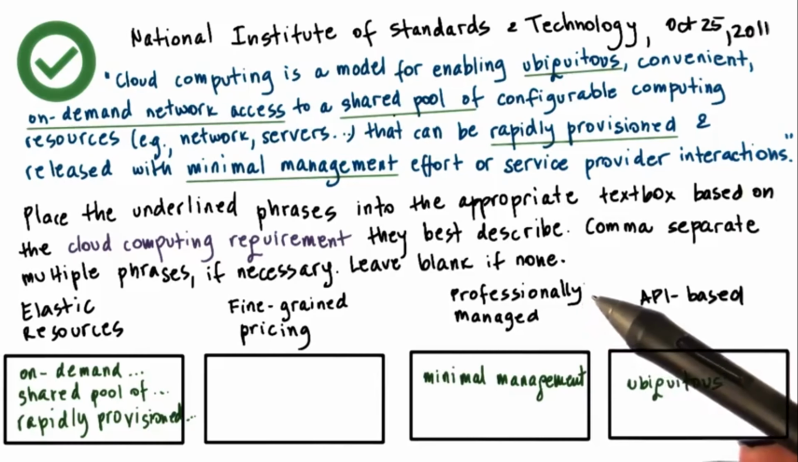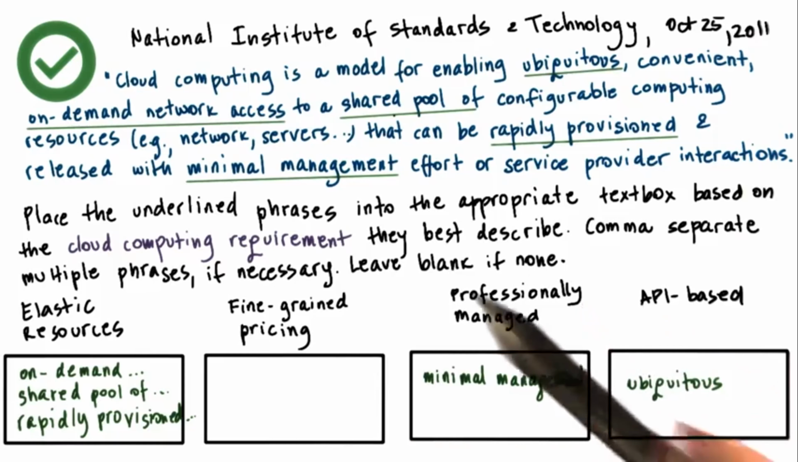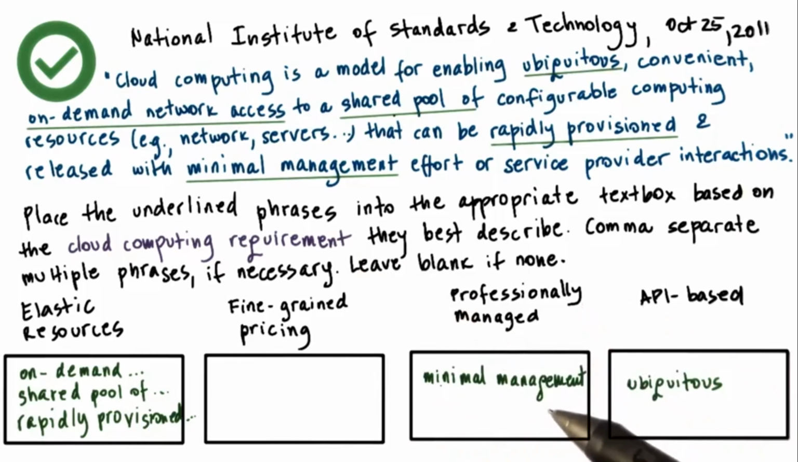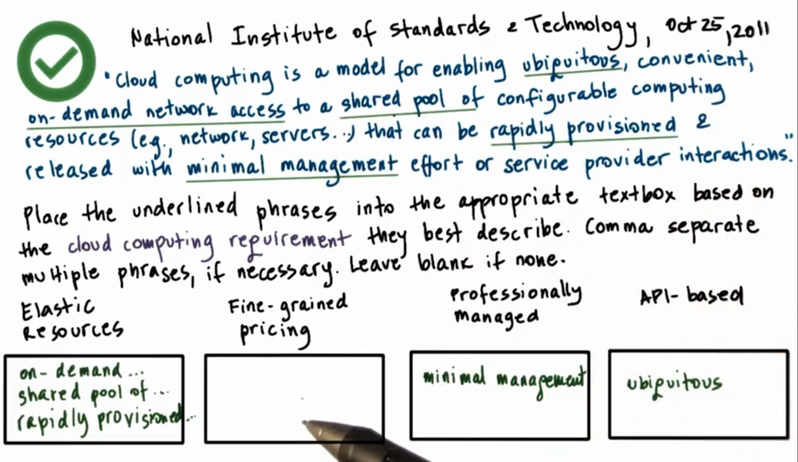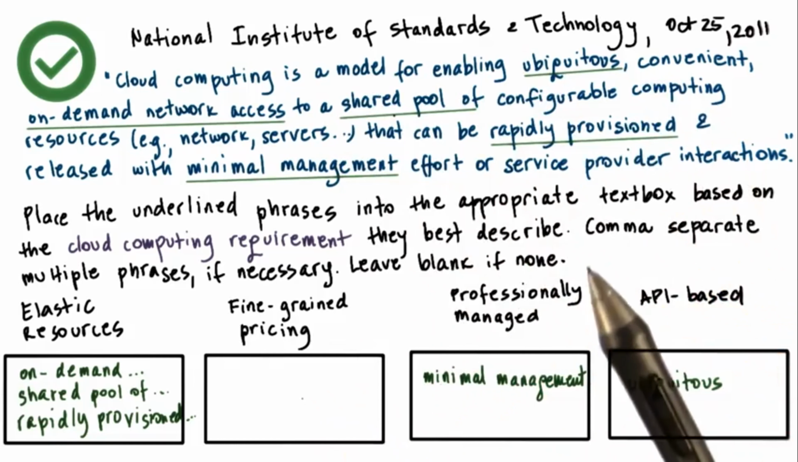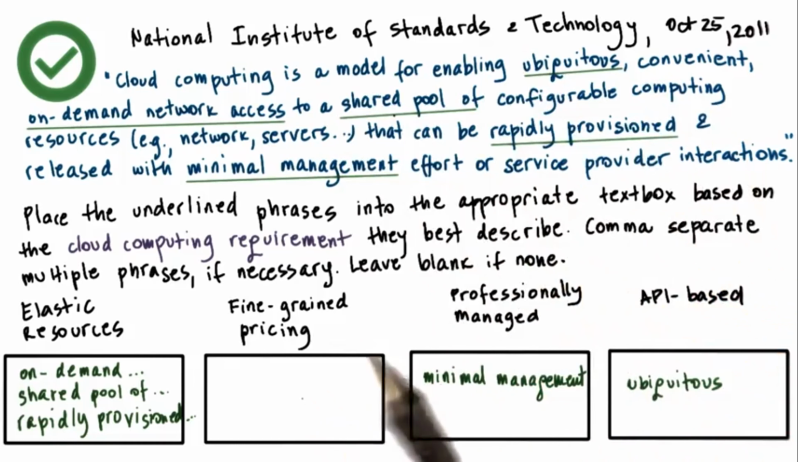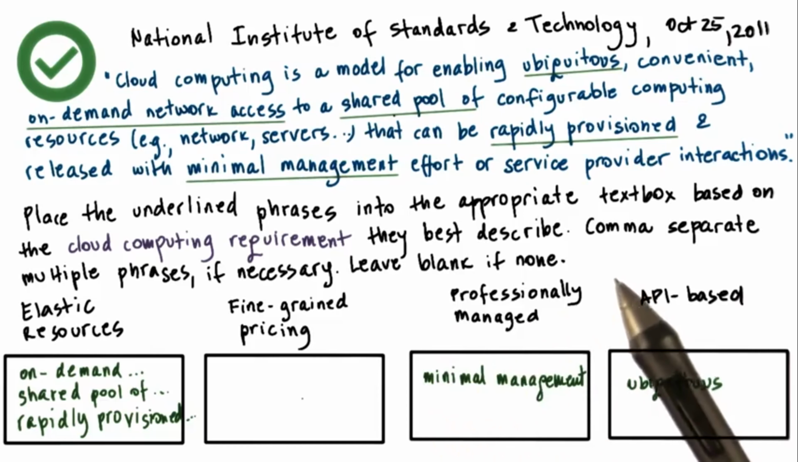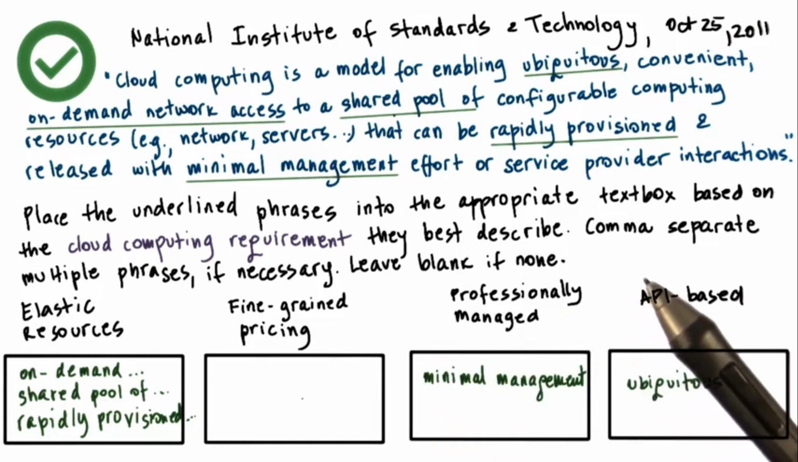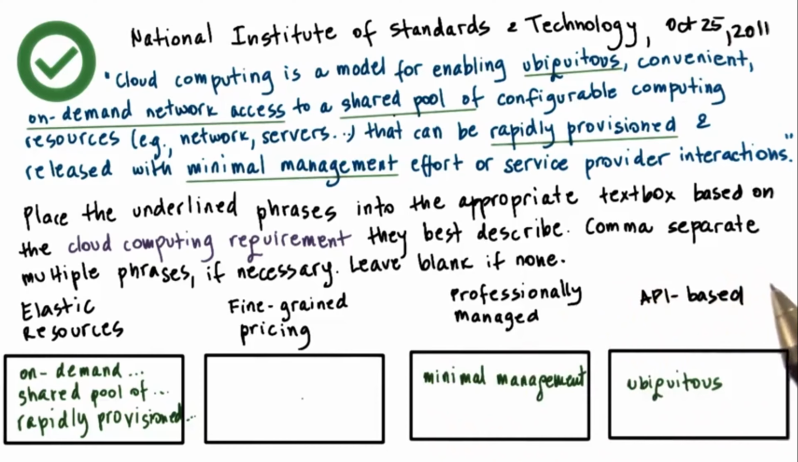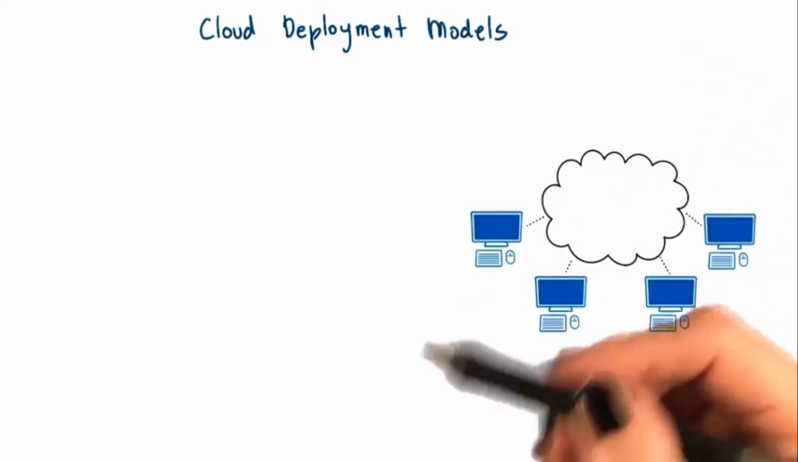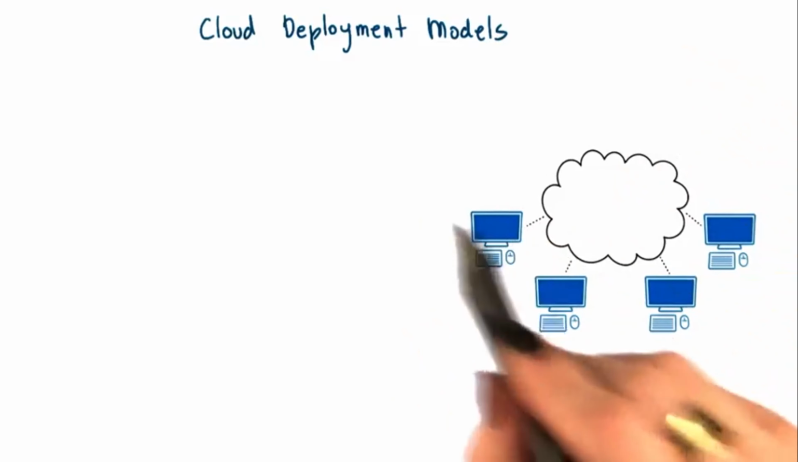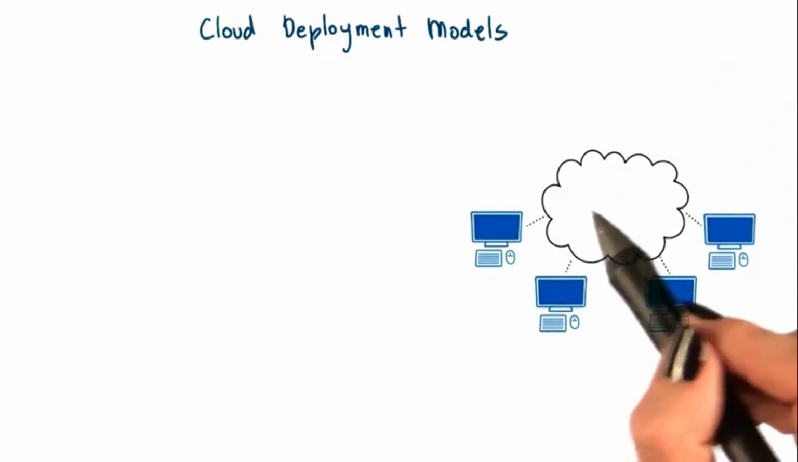They need to be professionally managed, so that's the part of the definition that talks about minimal management effort. There really isn't anything in this statement that talks about the pricing aspect of cloud computing. And in principle, there really isn't a solid, well-established definition of what cloud computing is that the entire community subscribes to. The National Institute of Standards and Technology, which adopted a definition for cloud computing in 2011, also defined different